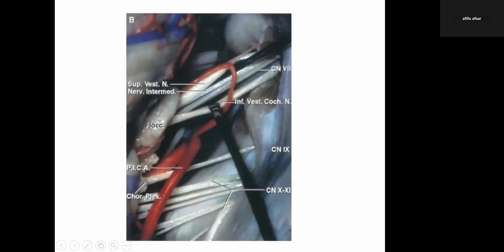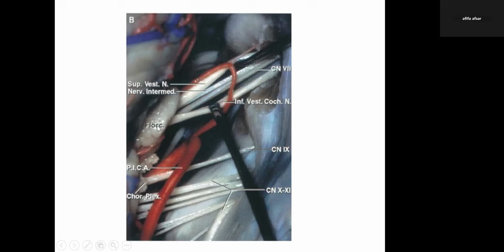That's an extended view. In this picture, we have retracted the inferior vestibular nerve and the superior vestibular nerve so that you can appreciate the anteriorly lying cranial nerve 7th, because the 7th lies anterior in relationship to the cranial nerve 8th. The superior vestibular nerve and the cranial nerve 7th are separated inferiorly from the cochlear and inferior vestibular nerve by a transverse crest at the level of the internal acoustic meatus.